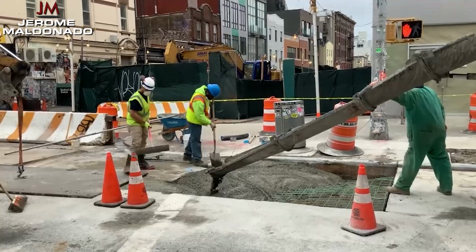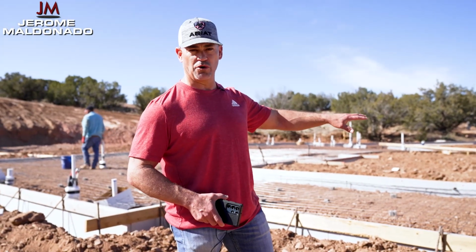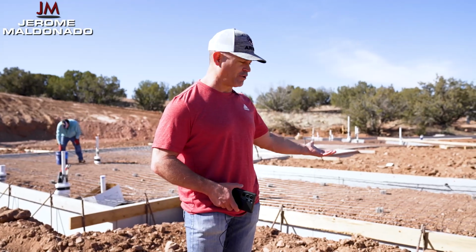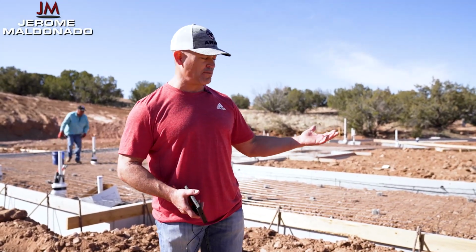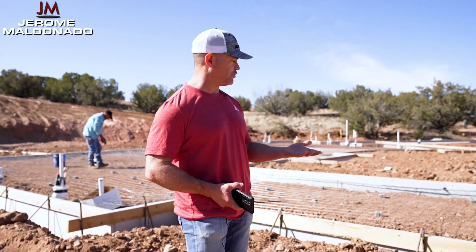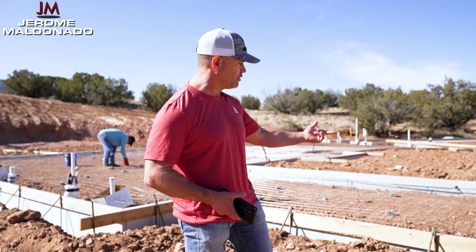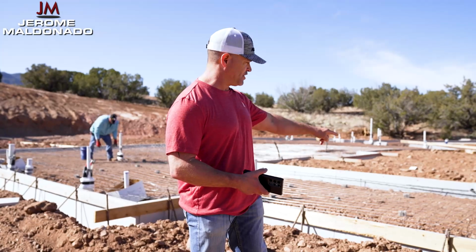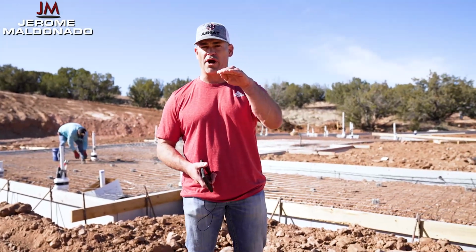The concrete guys are responsible for making sure that we're inspection ready, all the mesh is in. We don't want the wire mesh to sit right on the dirt because it does absolutely nothing. The wire mesh needs to sit in the middle of the concrete slabs. What they're doing is they're putting in concrete chairs right now. Since the slab's a 4-inch slab, the chairs are 2 inches. And so when it sits on these 2-inch chairs, it lands up with the wire sitting right in the middle